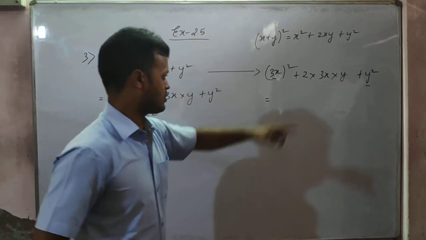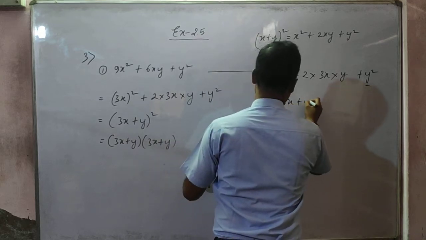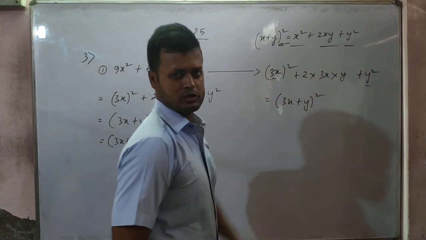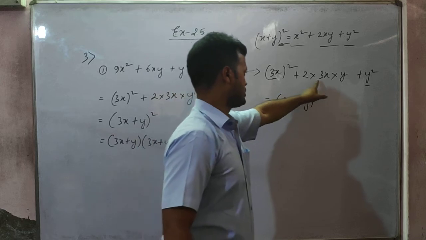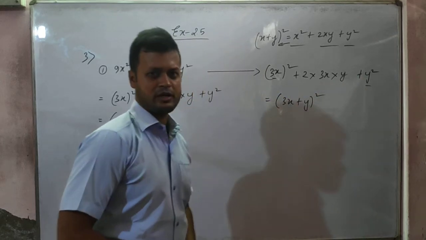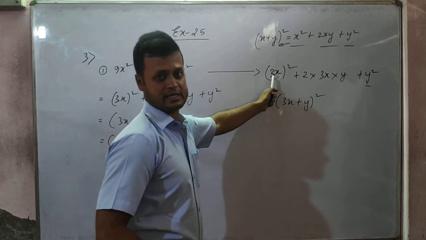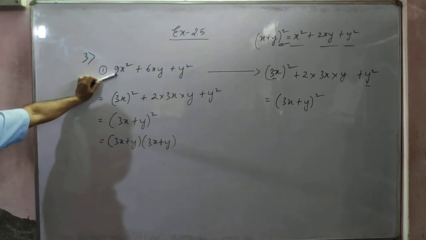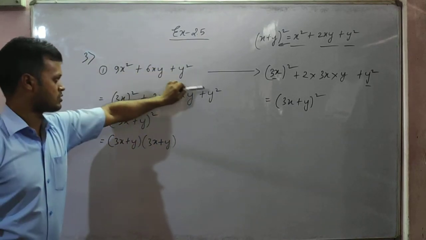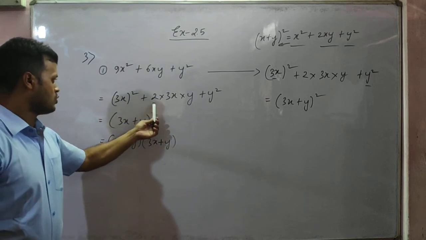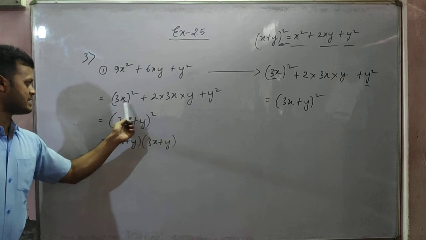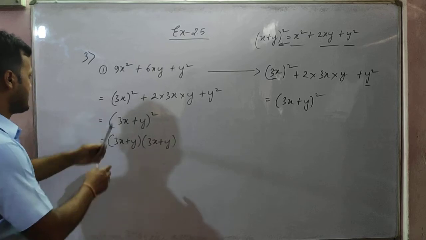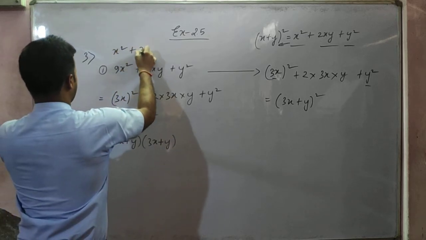Okay, x square plus 2xy plus y square will become x plus y whole square. So in the same way, 3x whole square plus 2 into 3x into y plus y square will become 3x plus y whole square. Here the complete 3x means x and y means y only. Same way I wrote here, you see, for 9x square I wrote 3x whole square, for y square I wrote y square, in the middle I just wrote 2 into 3x into y. Matching or not, you see, 2 3s are 6, x into y, xy. Do you understand?